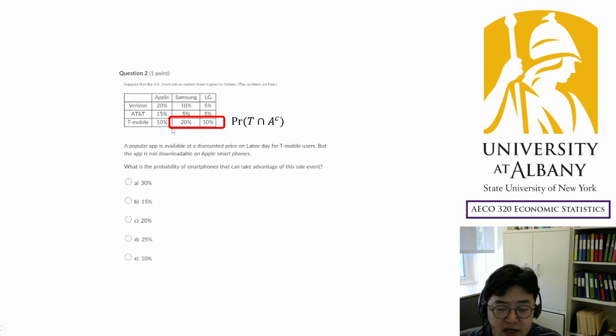And once you identify that these 2 types are included in this event, then we can easily see that the probability is 30%. As I said, your options and choices may be different. If you're lucky, you will get the same numbers, but your numbers may be different, so it's up to you to find your own answer. I'm just explaining what you have to do here.